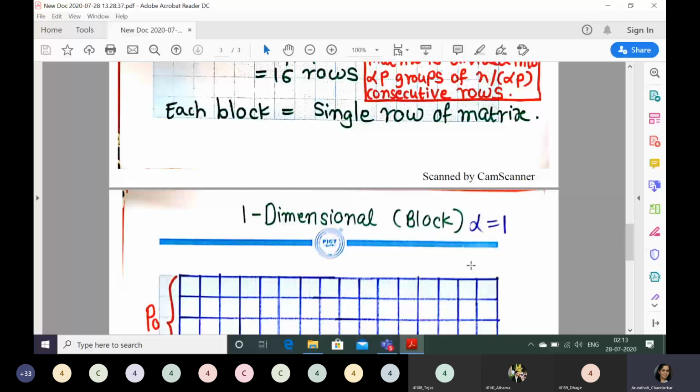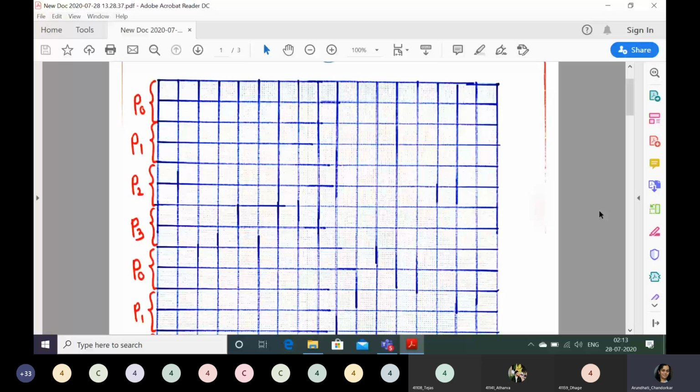So I have solved it on the graph paper. Anyhow, you do it definitely for 2-dimensional, and you should get the same conclusion. Because whether you are going for 1-dimensional or 2-dimensional, the pros and cons will be the same. On alpha also you take the same. You do it definitely, and if you have doubts, please ask.